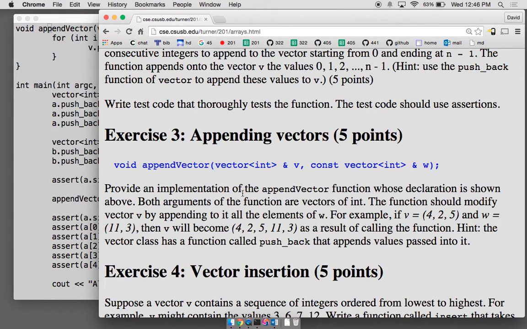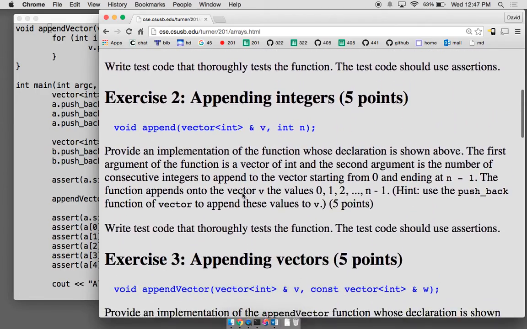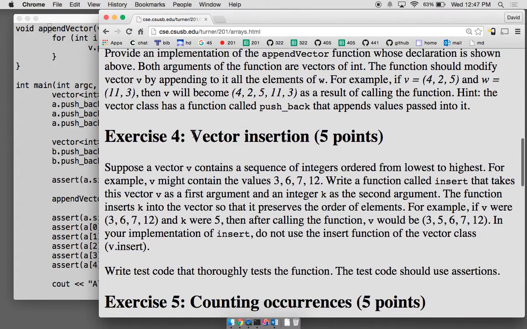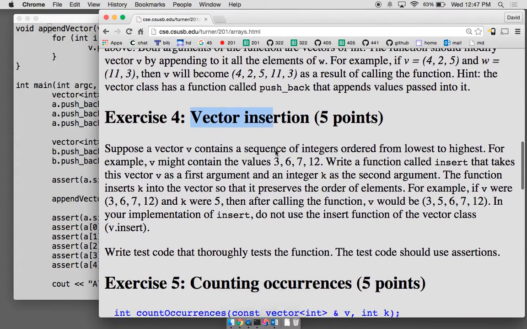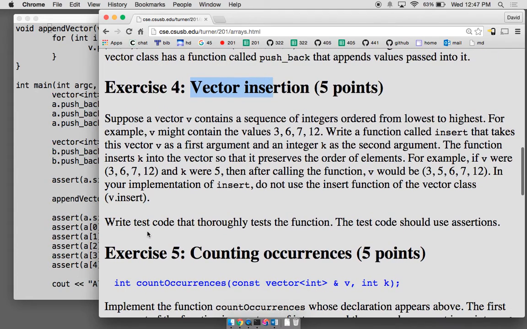All right, what's next? Vector insertion? Yeah, that's a hard one. Also 5. Let's do 4 and 5. Not at the same time though. So